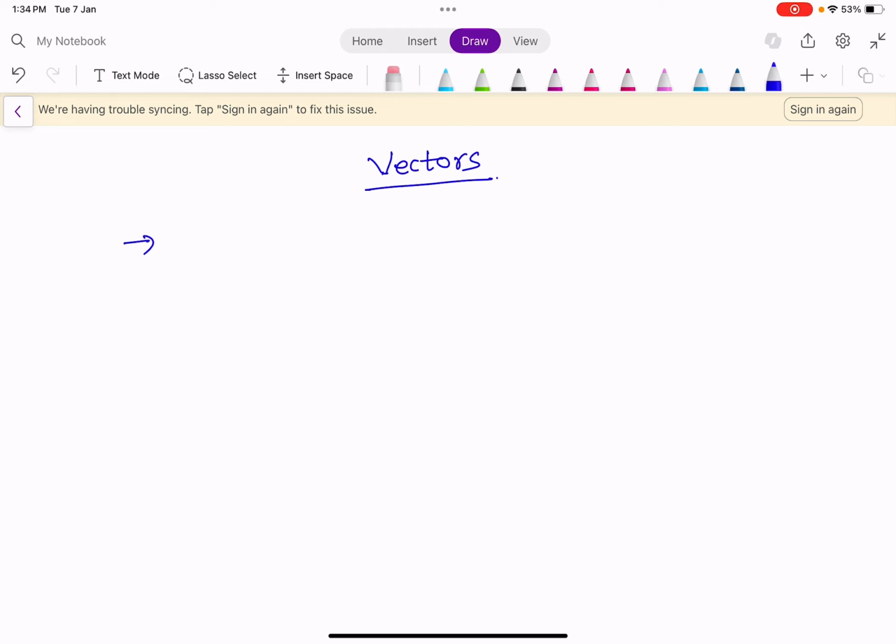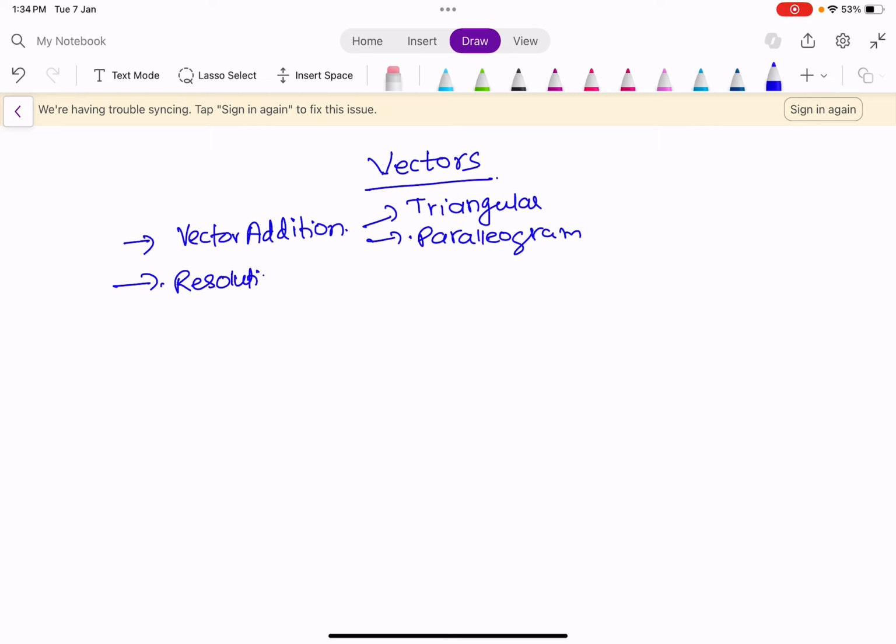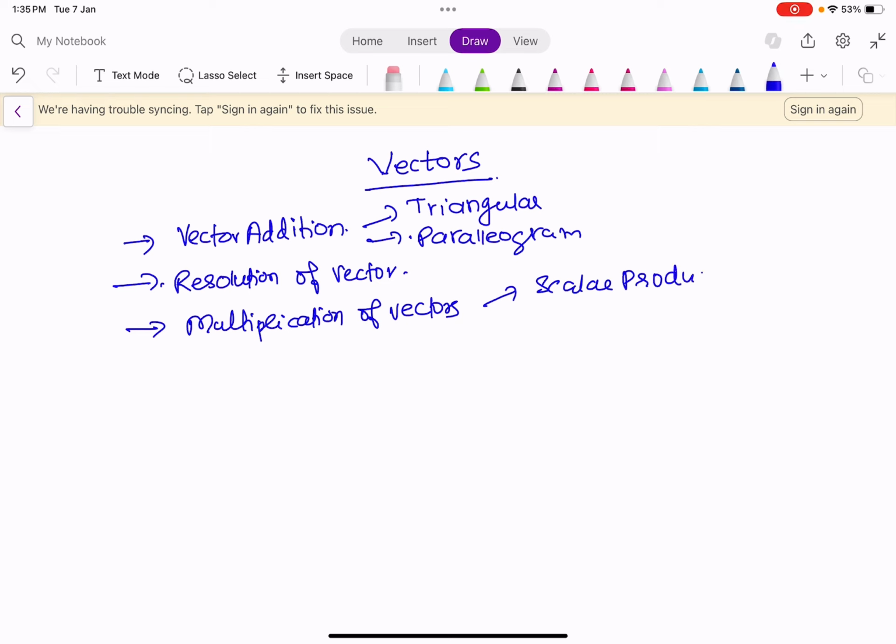Basically vector addition we need to discuss. It's very important. Then the triangular law of vector addition we need to discuss. Then the parallelogram law of vector addition we need to discuss. It's very important. Then resolution of vectors, this is the most important. We need to know how to resolve a vector. Then multiplication of vectors, which includes the scalar product and the vector product. So we will discuss each